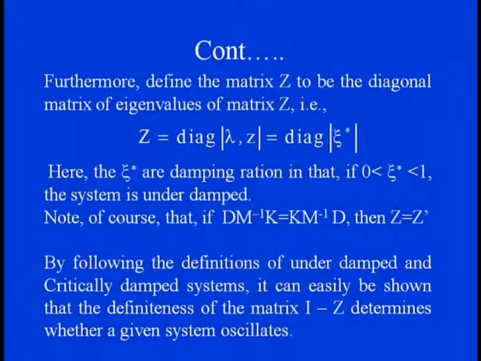By following the definitions of underdamped and critically damped systems, we can easily figure this out. So the definition of the matrix I minus Z, which is the eigenvalue matrix of the complexity of the Z part, can directly tell us